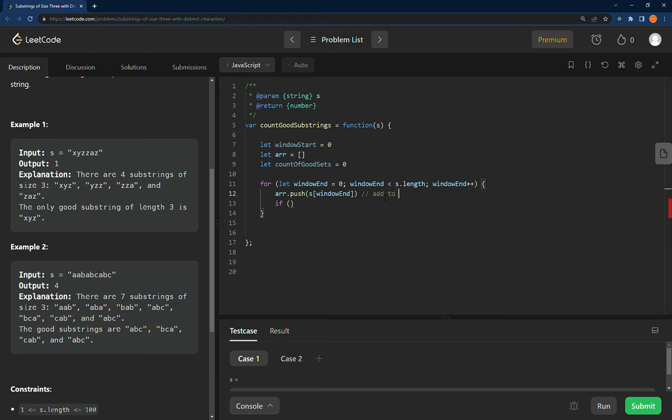So we're going to add to the temp window tracker. Now we want to check the size, to see if we are in a window. So window end minus window start. So if we are in a window,